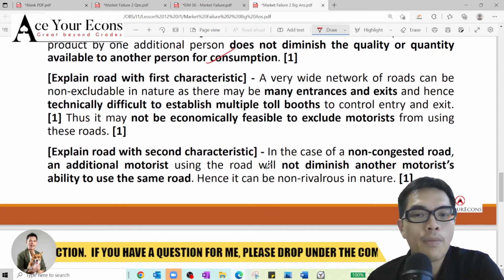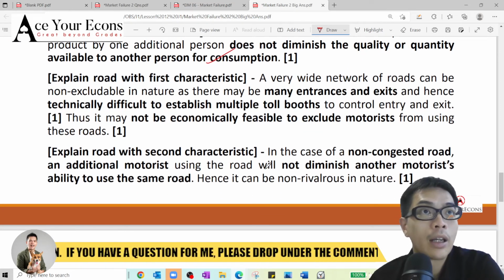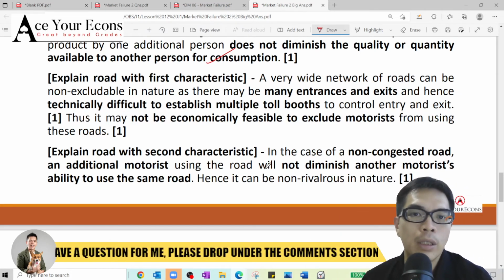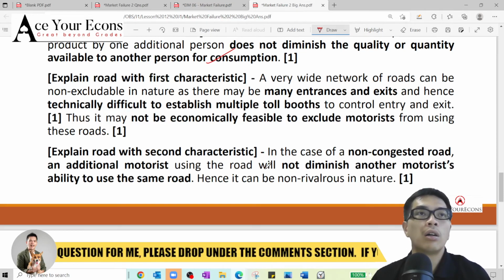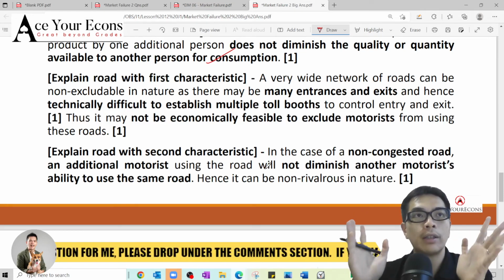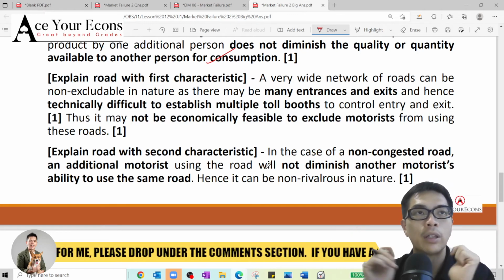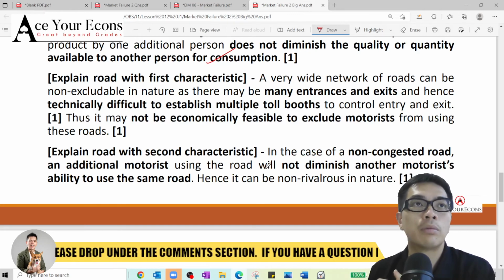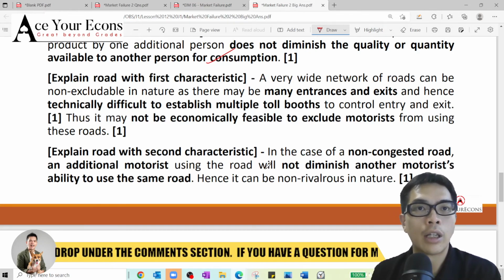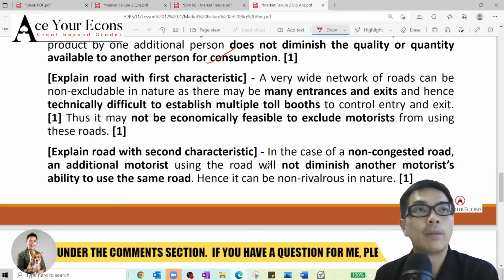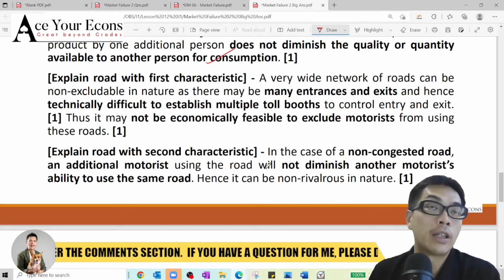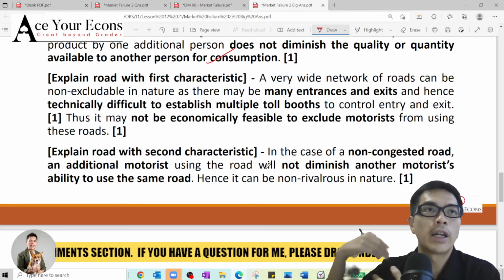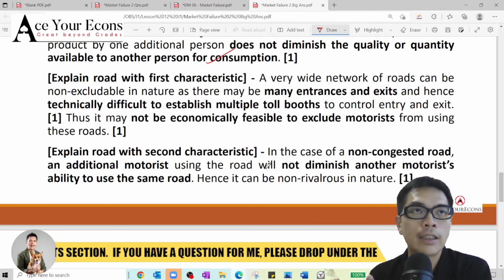So it's the next 3 marks that's going to be a little bit tricky. The next 3 marks, pay close attention. How can we address this to be non-excludable? First of all, we need to remember the quasi-public good that we played around with the example earlier on. We need to find ways to justify that it's non-excludable. In order for it to be non-excludable, it simply means that it is hard to prevent. So in order for it to be hard to prevent, you can come up with suggestions such as